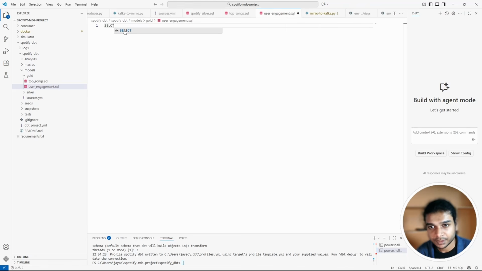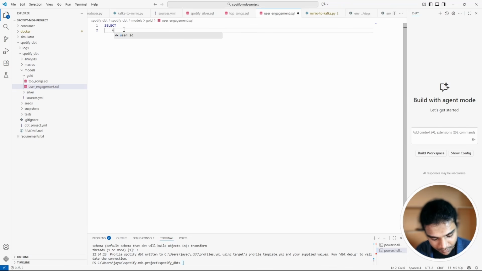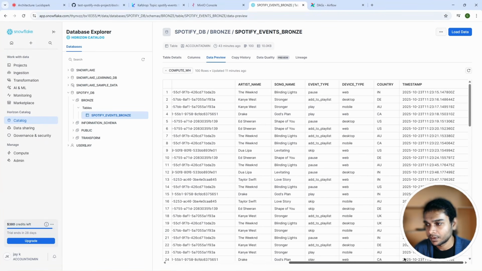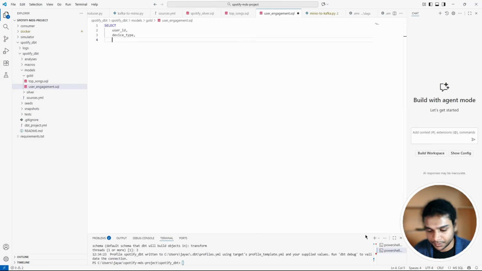Let's do that. Select user ID, comma, device type, the country, now